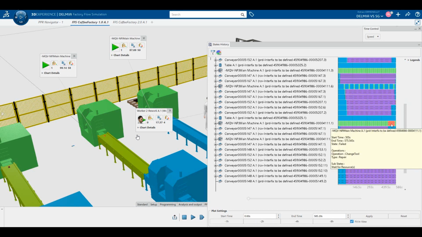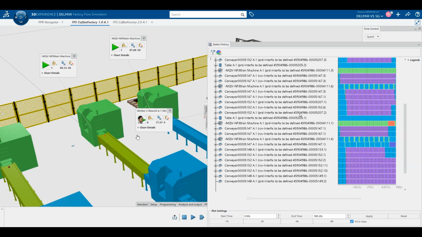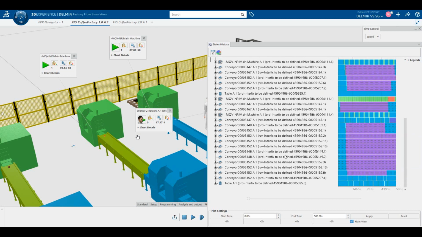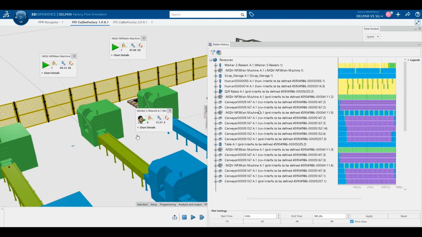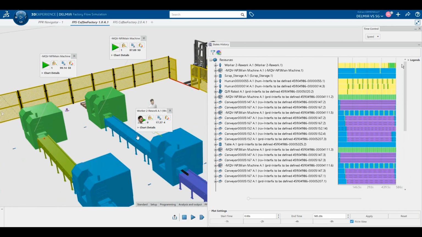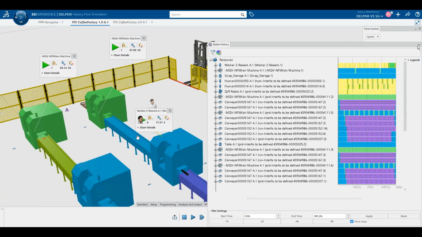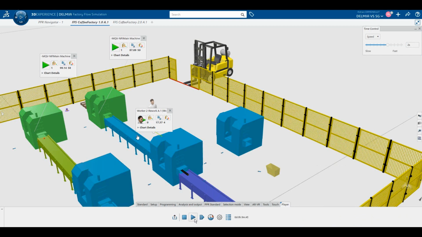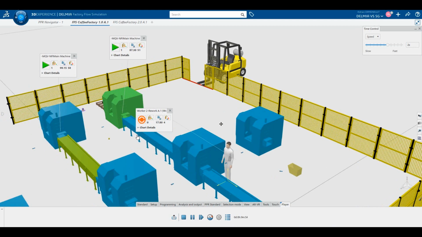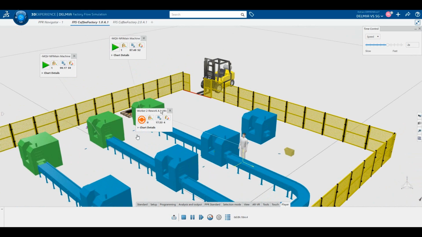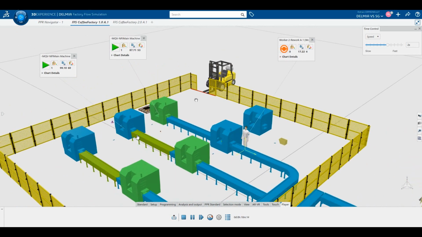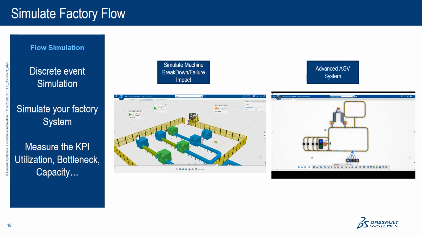What's interesting is that you can simulate whether you should have a dedicated resource for all those maintenance operations, or a pool where one of your operators with the skills is multitasking. Depending on the need, we can assign this worker to a maintenance operation.